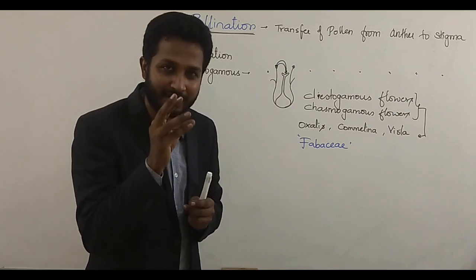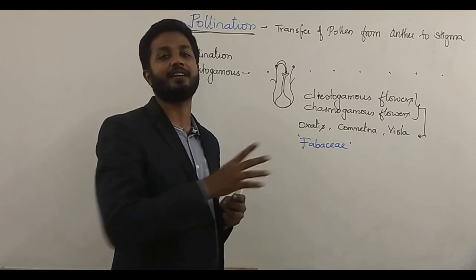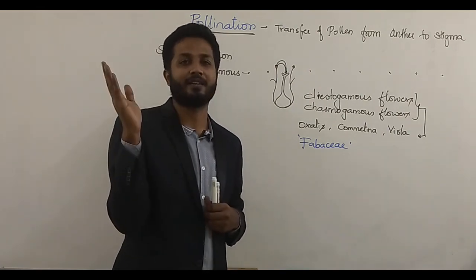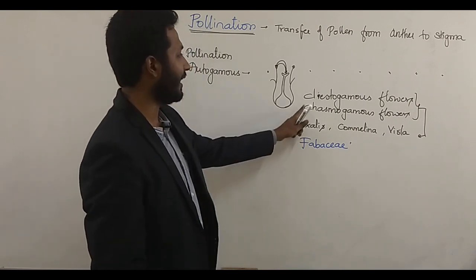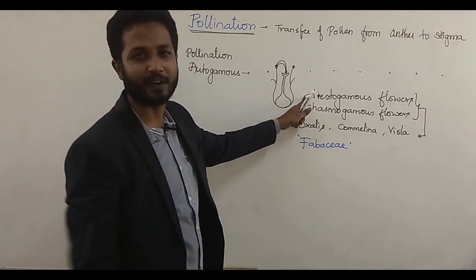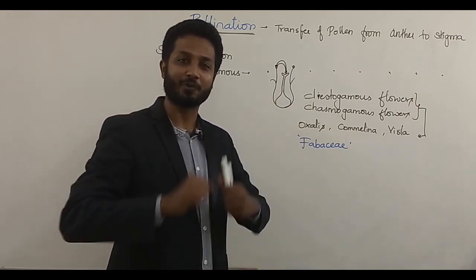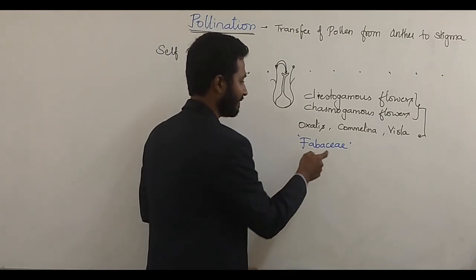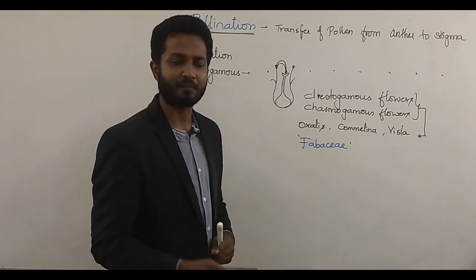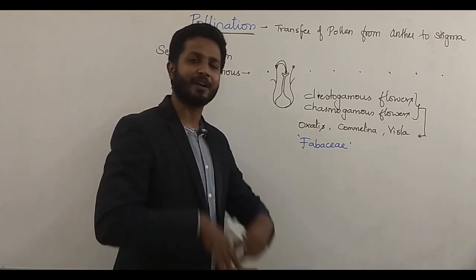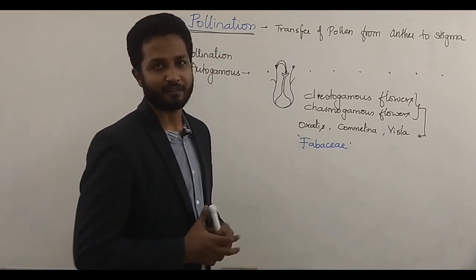See the chore statement. These are the types of statements which will give you questions in the NEET examination. You will not even wonder that they can ask questions from there. There is a simple diagram being given, and below that diagram they have written cleistogamous flower. But you don't know which particular family this flower belongs to. Actually it is the Fabaceae family. Pisum sativum, your chana, that is Bengal gram, horse gram, this gram, that gram, every gram that you are eating, even groundnut, belongs to this family known as Fabaceae.